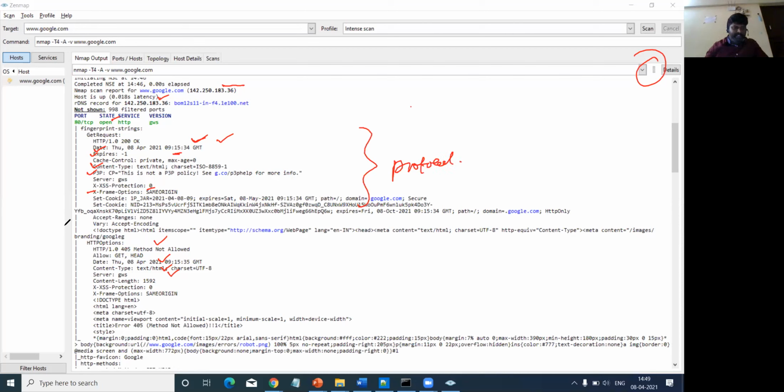So these are all related to the protocol used, the complete information. Similarly, the different tags through which you can get the metadata results, which are displayed in the form of HTML data.